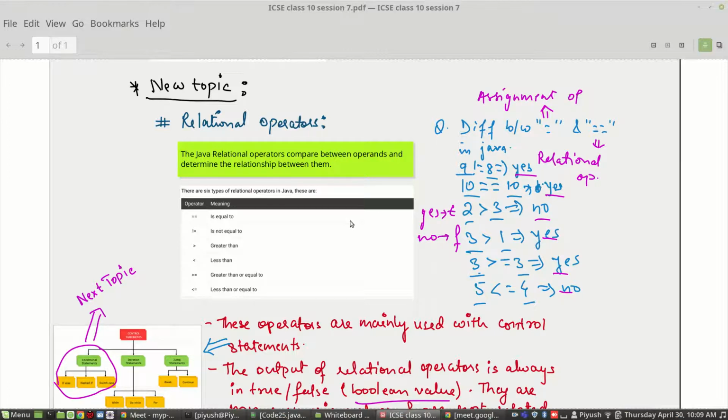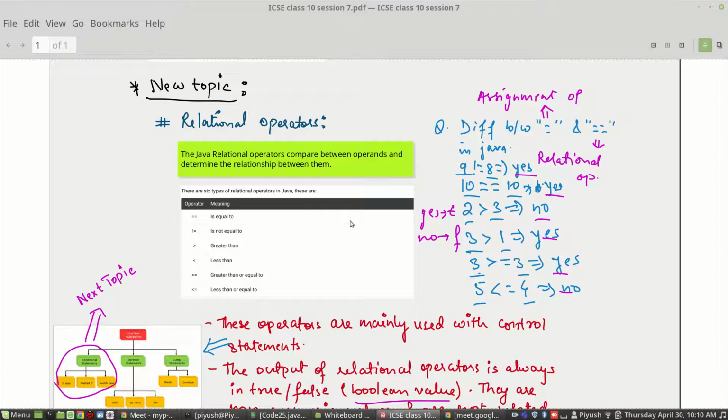Operators are the operations that you perform on operands, and operands are like 2, 3, digit numbers, variables containing values. The mathematical symbols separating them are operators, and together they form expressions.